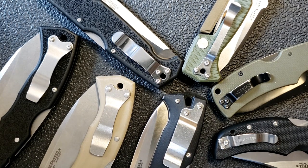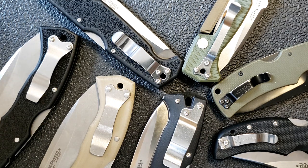They want to make sure that when someone needs their knife, they've got it. They want to make sure that there's almost no chance that when you're walking through the bush, or riding your bike, or whatever activity you may be up to, your knife is going to fall out of your pocket. And I absolutely appreciate that. I'm glad that they care about that. I'm glad that they're paying attention to it. However,